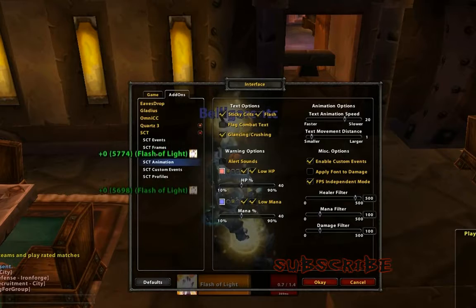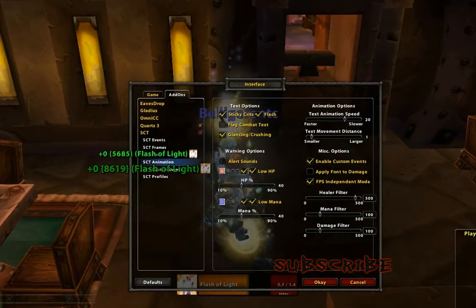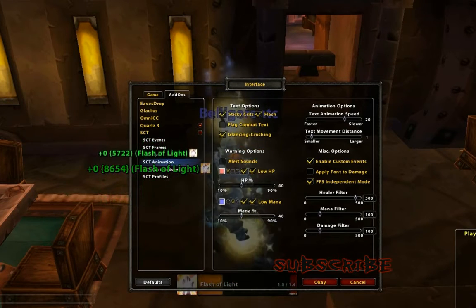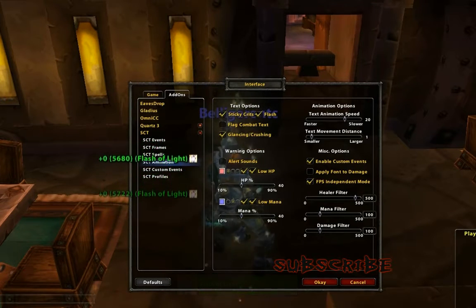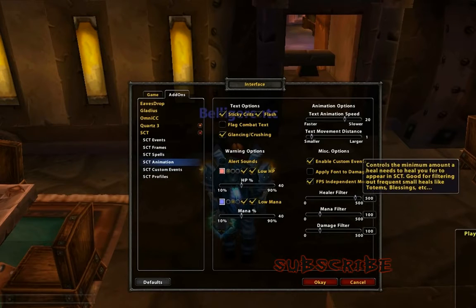You can see your heals. On the left side of my screen, you can see my heals. They're not moving too fast. They're also not moving too slow. So your screen won't really get spammed with them unless you're like raiding and spamming Holy Lights with the Holy Light glyph. But to solve problems where you're seeing too many things, you go to the bottom part here where it says